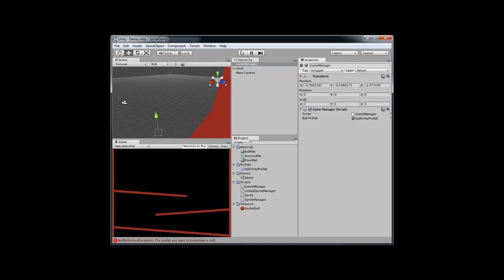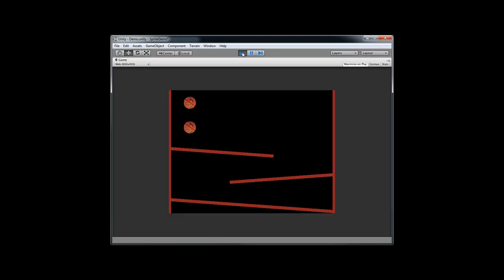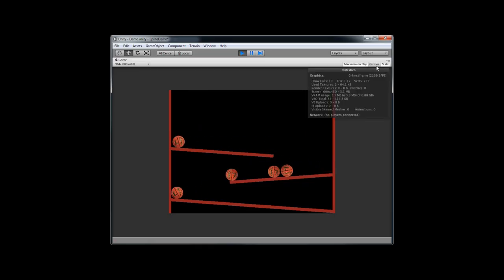When I run it, we should see the balls, and here they come. So now we've got 5 balls going and all flowing down. Now one of the things I want to point out is if we look at the stats, we've got 10 draw calls. We've got the 5 draw calls from the scene, or the level itself, and then we've got